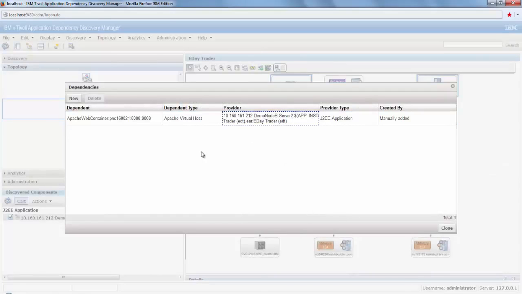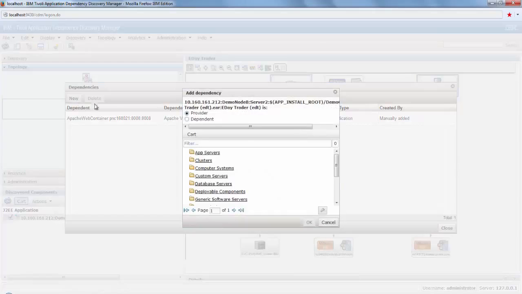Here you can see that we have a connection between the web container of your web server and the J2E application server. Now, to create the connection between the J2E application and the DB2 database, we go back to New, but this time, because the J2E application depends upon the DB2 database, we will select Dependent, and then we need to locate our database. We'll go down through